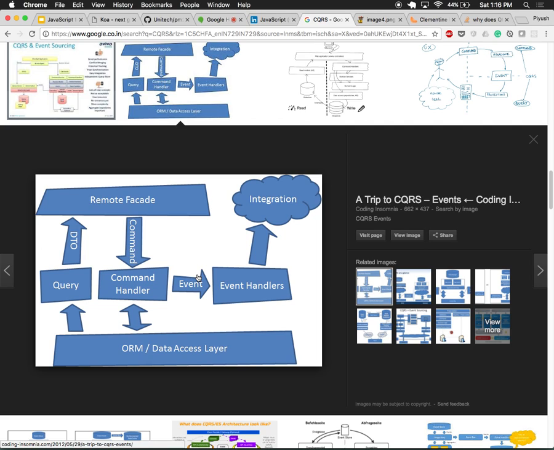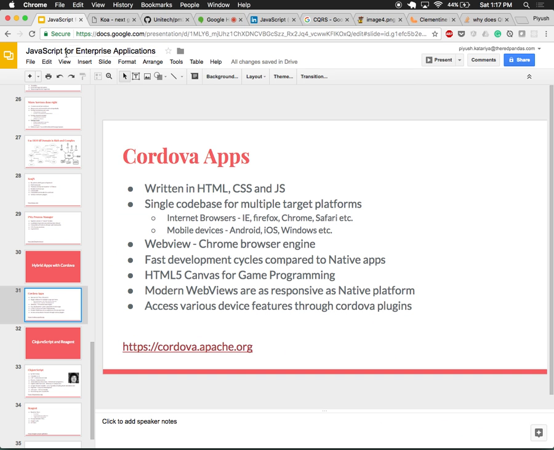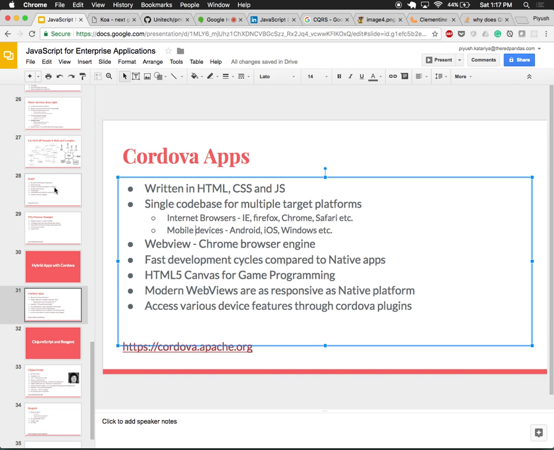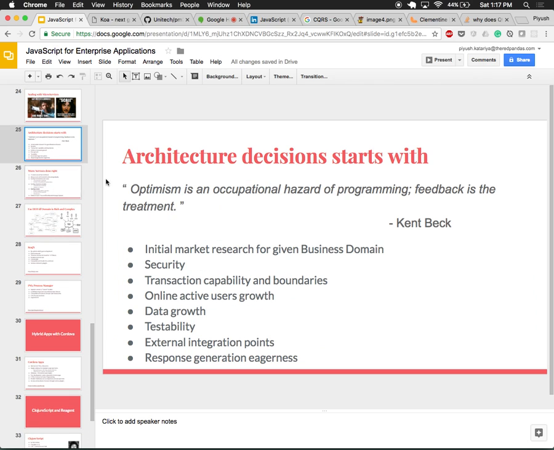Eventual consistency also depends upon how desperately your domain needs it. Because again, going back to this code, we need to be optimistic about everything, and ask whether that scenario is really going to happen in production.